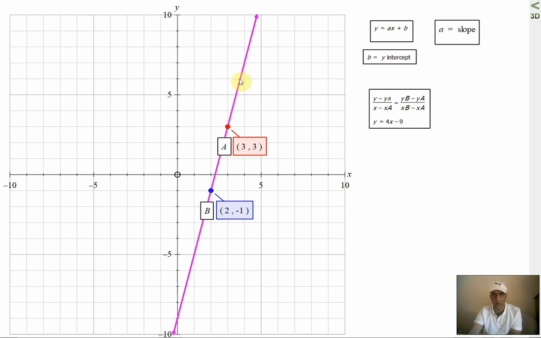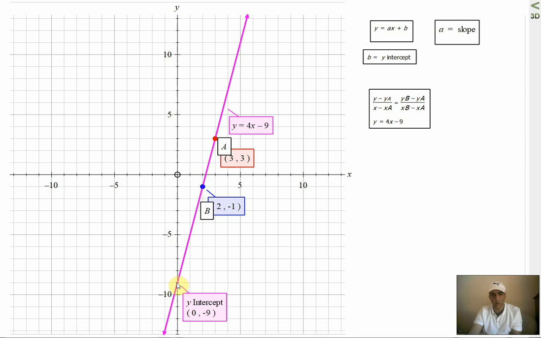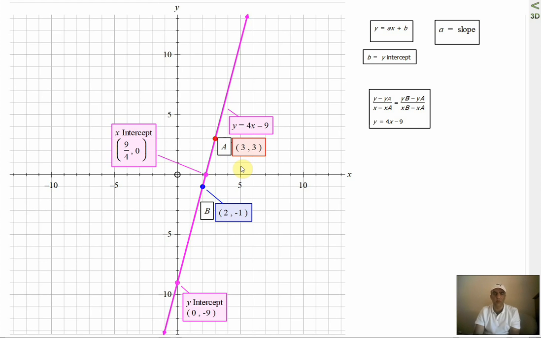And we can also calculate the x-intercept. For example, if I put y equals 0, I can find x equals 9 per 4. 9 divided by 4, as you see, it is the x-intercept very easily, and it gives us very nice information about the linear function. Then today we learned how we make a graph with 2 points and with 1 point and a slope, and how we can find the